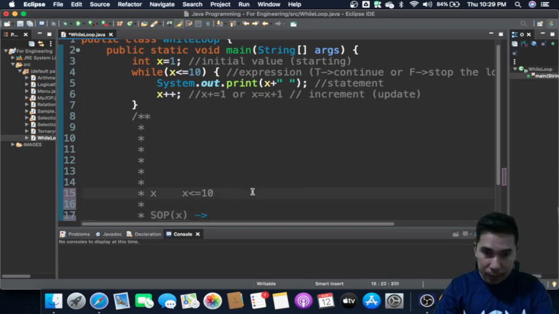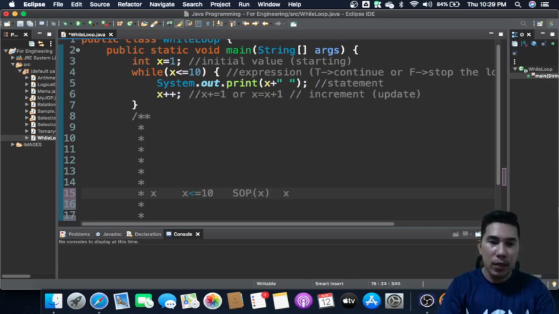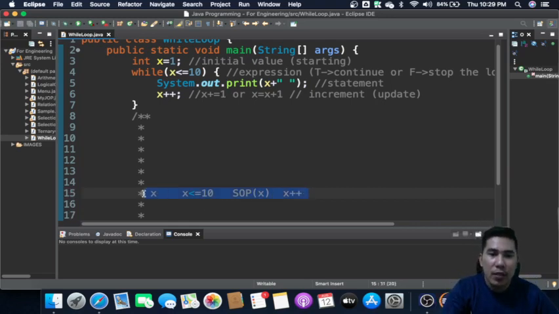And then we have here an increment, which is x plus plus. So this is what is going to happen behind our code.